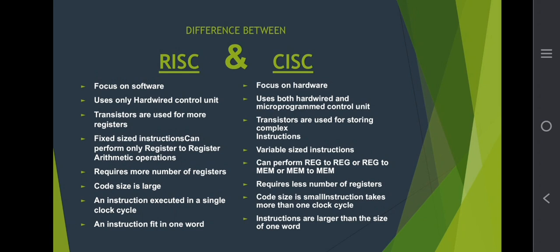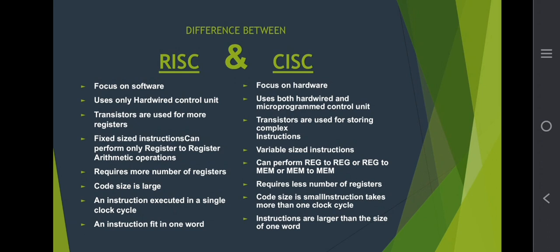whereas CISC has variable length instruction format. That is, we can use 16-bit, 32-bit, 64-bit and so on. Continuing, RISC can perform only fixed length instruction format, while on the contrary, CISC can perform any 8, 16, 64-bit instruction. Point number 5. Code size is large in RISC, which uses an instruction set composed of a few basic